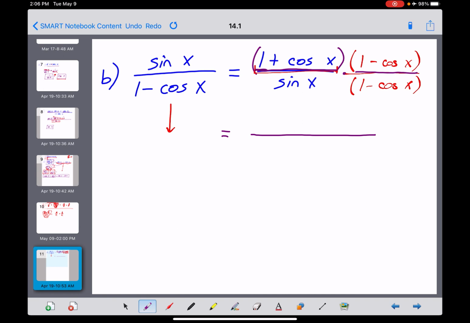First product is 1 times 1, which is just 1. But here's the cool thing, guys. The outer product, 1 times minus cosine of x, is negative cosine of x. You don't need to write this down. You'll see why in just a second. The inner product right here is cosine of x times 1. So that's plus 1 cosine of x. And then the last product, positive cosine of x times a negative cosine of x, is negative cosine squared